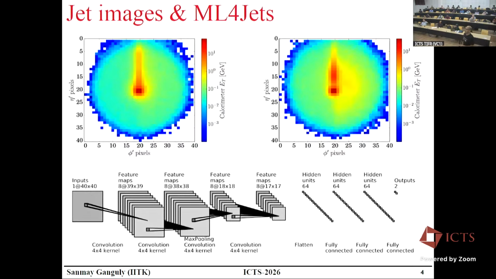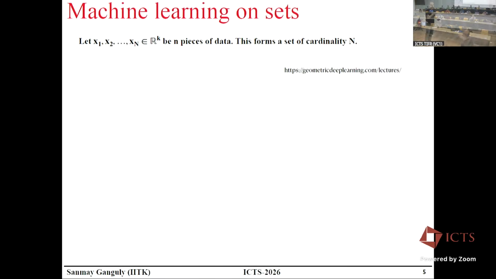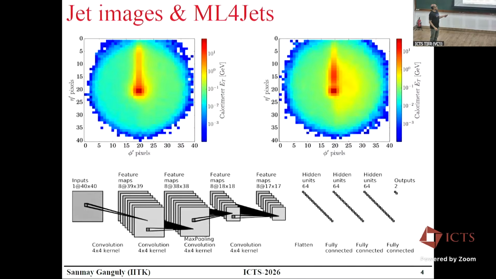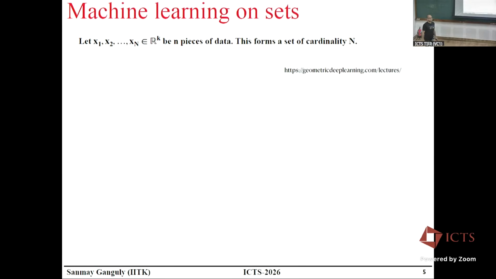So now, absolutely for the same reasons, the point was raised that in a realistic sense, taking absolute uniform grid sizes is not proper, because here we have different granularity calorimeters, and so on and so forth. People thought we should be moving to point clouds. And that brought us to deploying machine learning on sets.